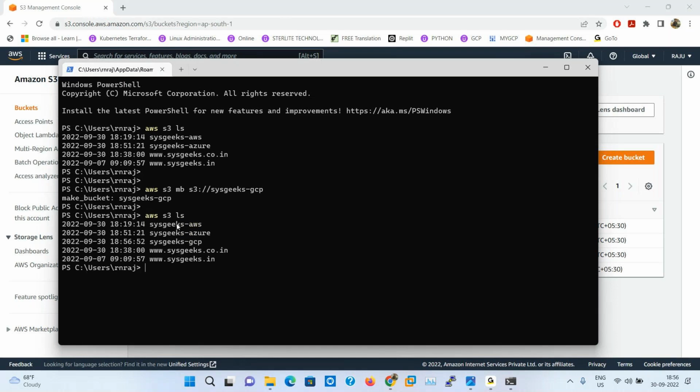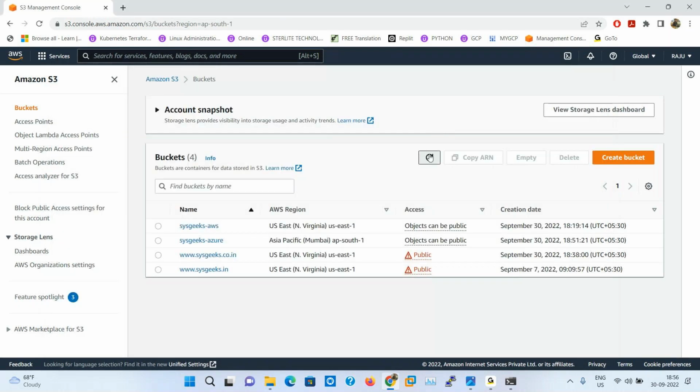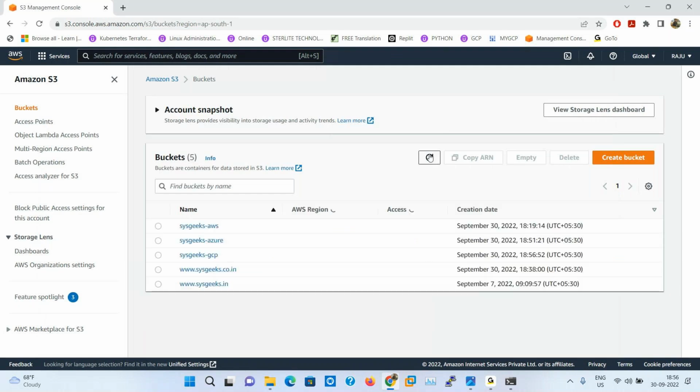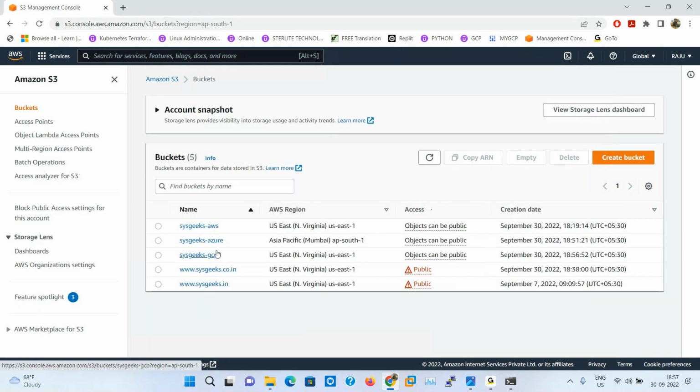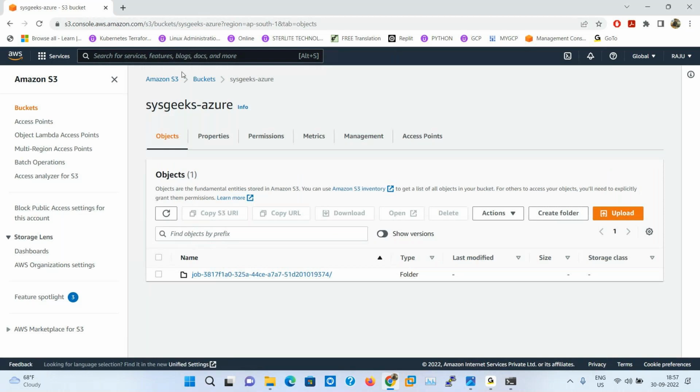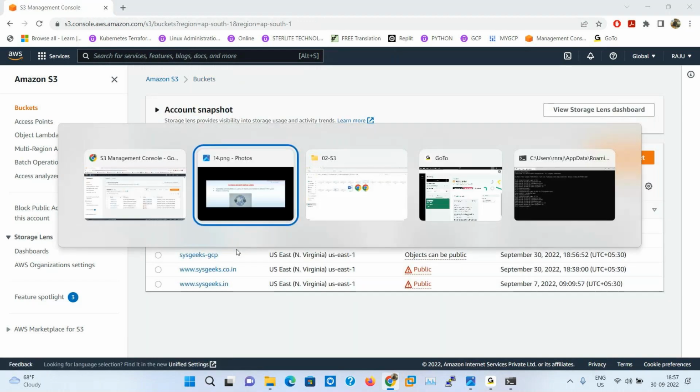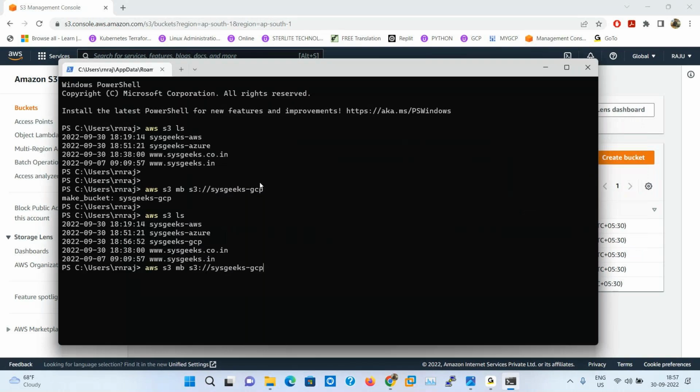Now we can refresh here. So the sysgigs-gcp bucket was successfully created. Then how to delete a bucket in the command line? The same command with rb. rb means remove bucket. So it's also possible in the command line. Everything you can do like that.